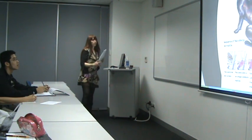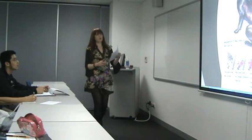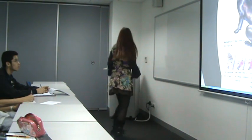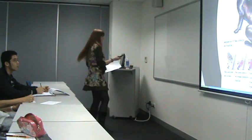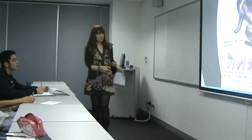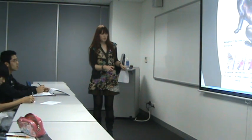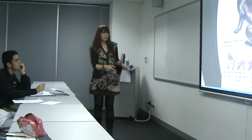Now, this is a poster about the flea allergic dermatitis that I was just talking about. So there's the flea biting the skin, and it injects some of its saliva under the skin so that it can suck the blood out, and then that gets all inflamed. It sets off this reaction in the body that we talked about, and then all the inflammation causes